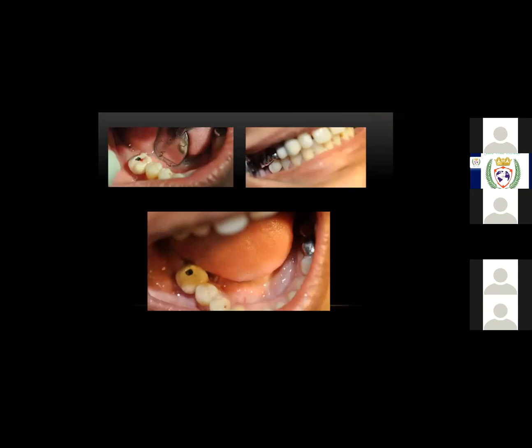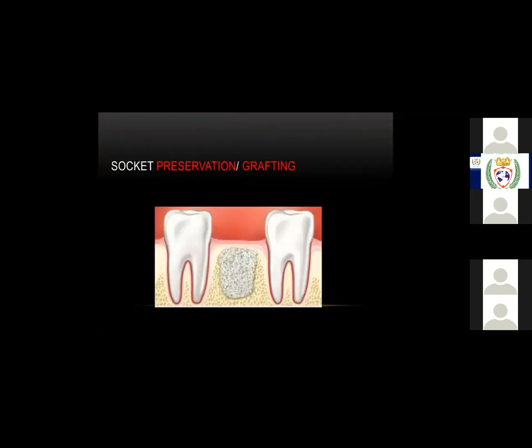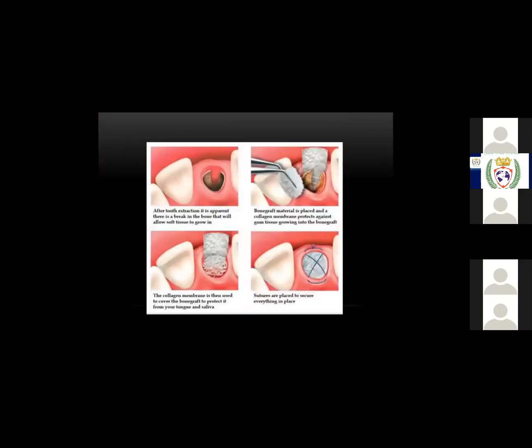Make sure you check the occlusion, put articulating paper which is around 30 microns, check for the contacts, and make sure the contact is on the central fossa where exactly the implant is placed, so that vertical forces are dissipated vertically. And finally, the current trend is all about socket preservation, because we feel bone is the gold standard for doing implant treatment. So whenever you have an extraction and there is a socket, definitely in some cases, if there is a defect on the wall or something, try to graft it and preserve the bone, because we know that after extraction,